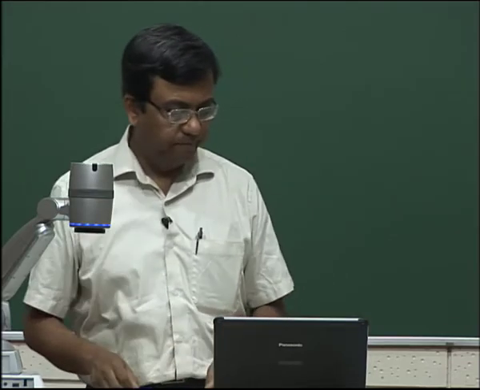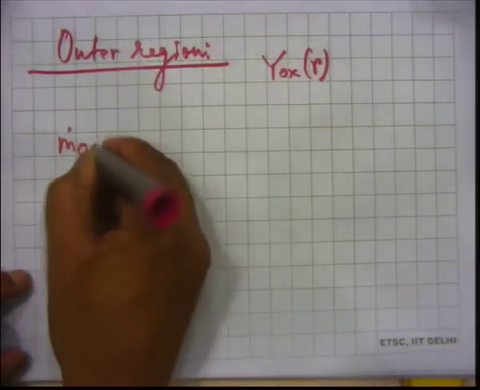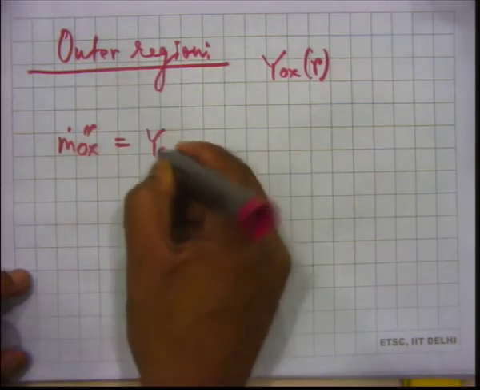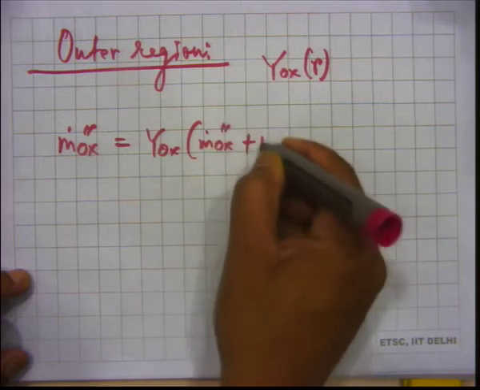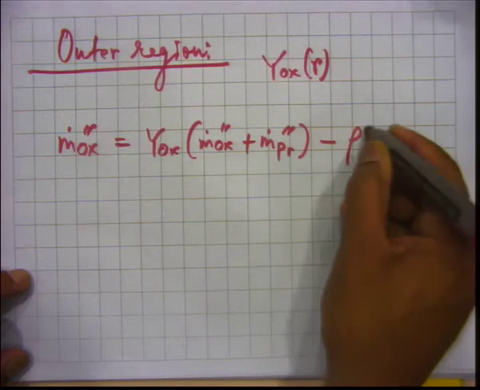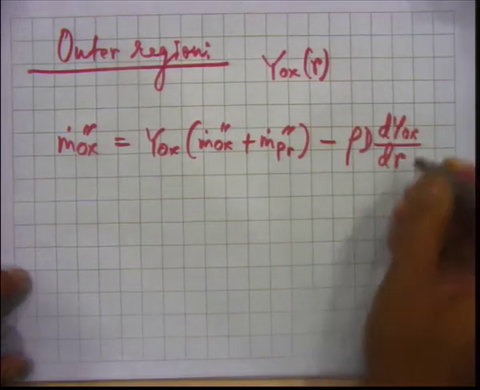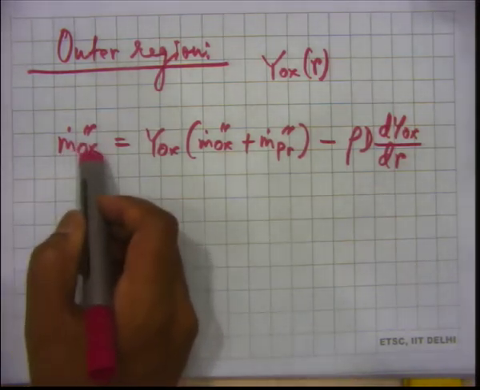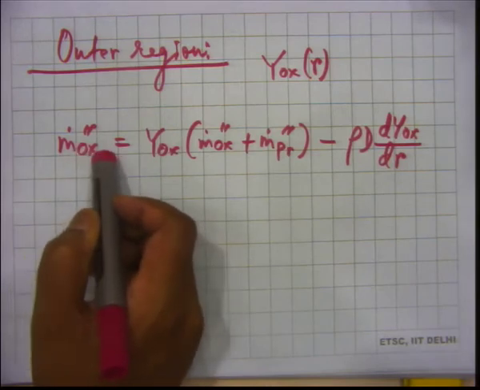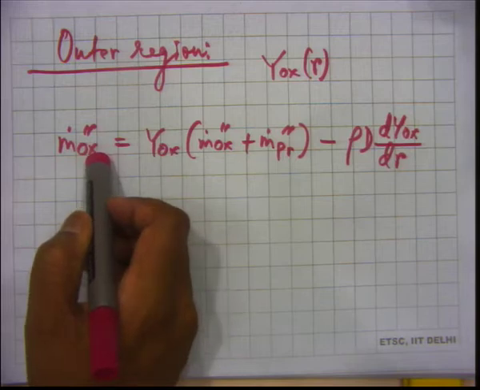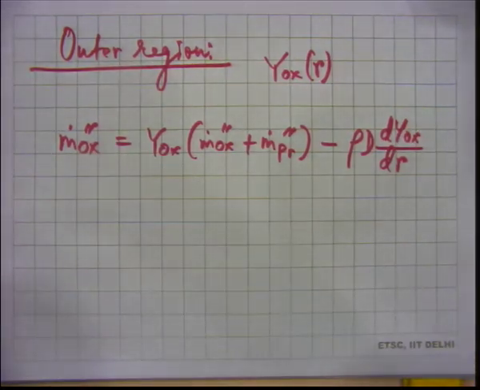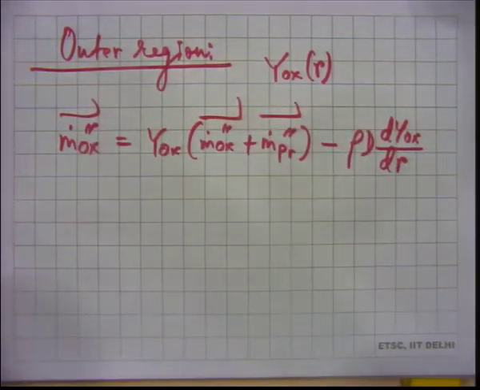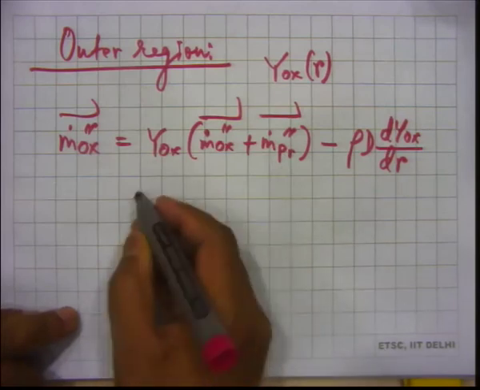So to get this, again we'll do the same thing. We'll write m dot oxidizer double prime is equal to Y oxidizer times the total flux, same logic. Actually, if you look up Turns's book, you will see that this m dot OX double prime is written in bold, printed in bold letters. That means these are vector quantities. All right. So strictly speaking, you should put a vector sign, and this m dot OX double prime is